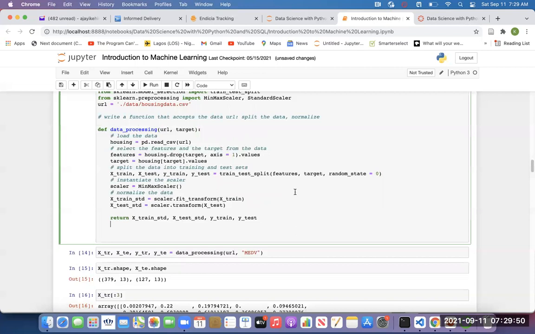And that's why we will use other IDs so that you can begin to see this. This way, it's going to take the URL and whatever target I drop, it's going to use. So the target is this particular value we put here, because I know in the data, MEDV is my target. That's what I drop here.